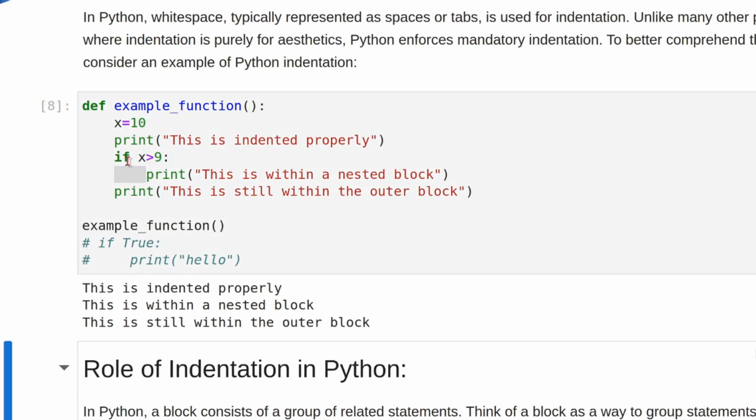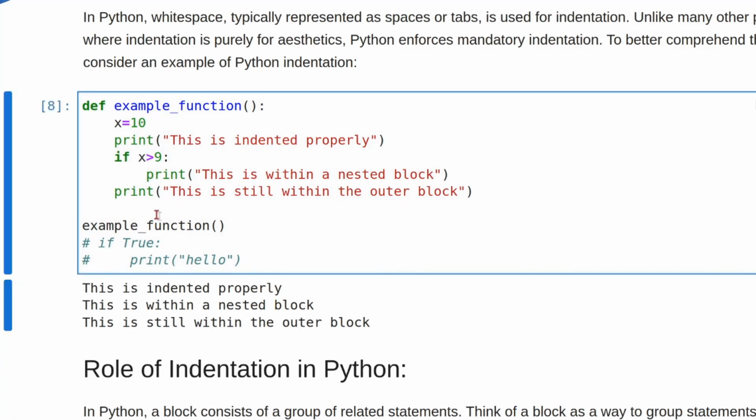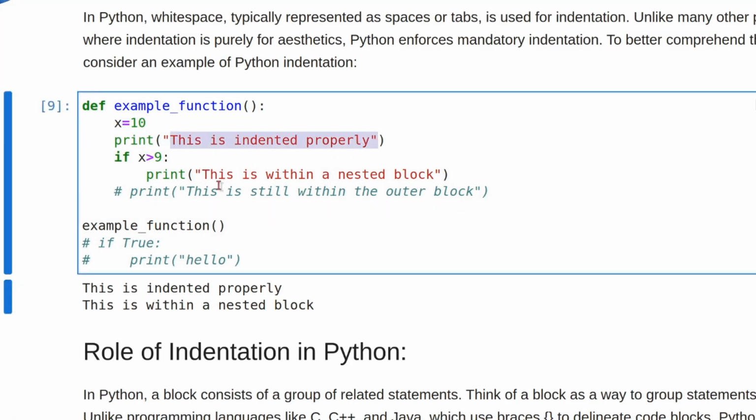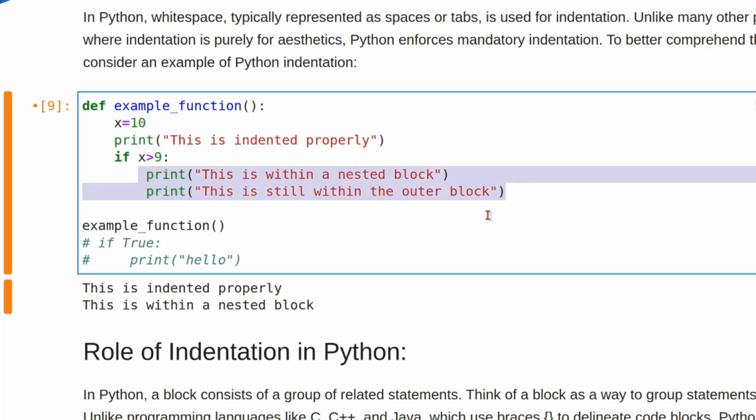So if I run it, for example, I'll just comment it out. What will happen is this is an indented block properly, so this got executed, and this also got executed. If I also want this block to get executed under this if statement, I'll just put another indentation. I'll put it under this block. So it shows that these 2 print statements are now part of the if. That's what I mean by indentation.